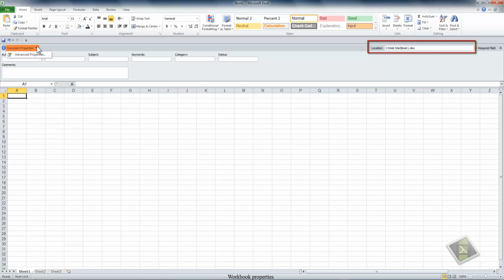We have the location of the current workbook. And we have a reminder that when we see a red asterisk, the field is required. The required fields are generally for SharePoint use. SharePoint has libraries that are set up. SharePoint uses metadata, and some of those fields that are defined, that are associated with the files or the properties, can be required. We don't currently have any required fields, so I'm going to enter some information into the subject